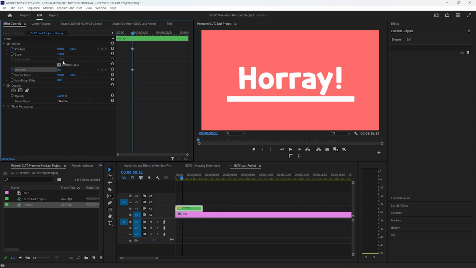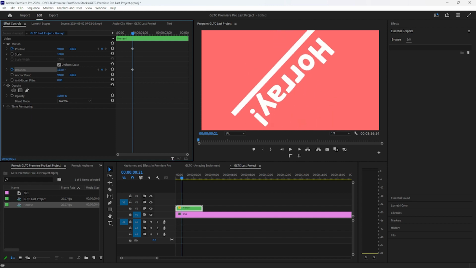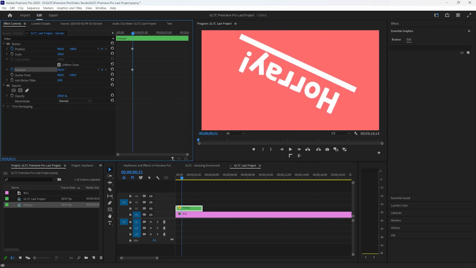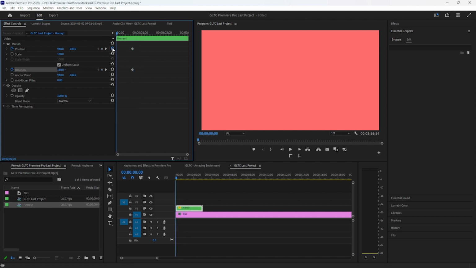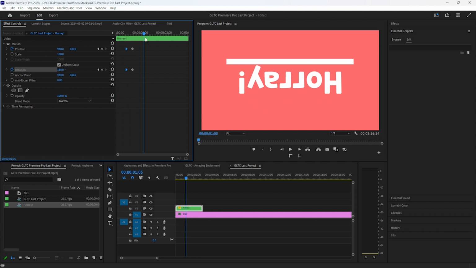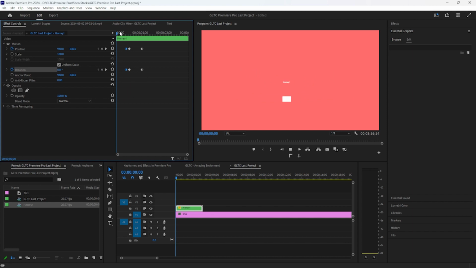position, rotation, then rotate it 180 degrees. At the beginning it should be the same. For some reason, move it here, hooray. Like this, and it'll be,